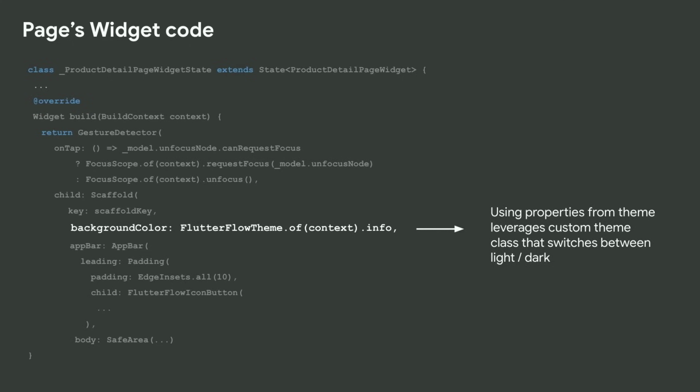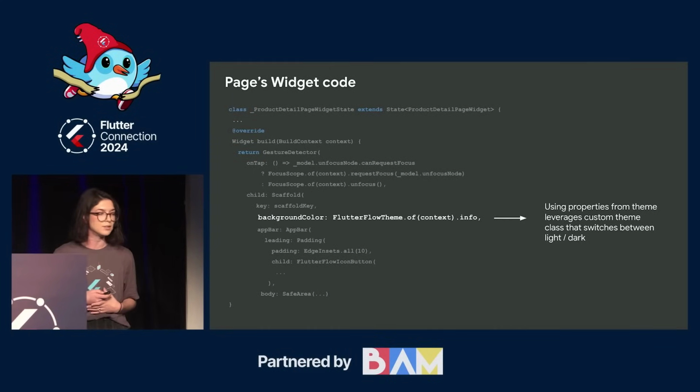And back to that theming that I was mentioning before. I've already set up my theme in FlutterFlow. I've set up my text styles and my colors. And that creates a FlutterFlow theme object. So this is a class that we've, again, defined so that we handle things like light mode and dark mode for you, and you don't even have to worry about it. But in the generated code, you'll see our FlutterFlow theme object being called in the same way that the material theme class would be used.